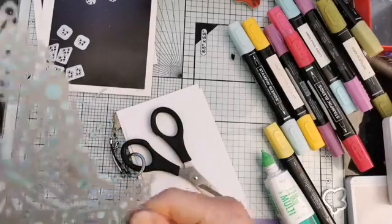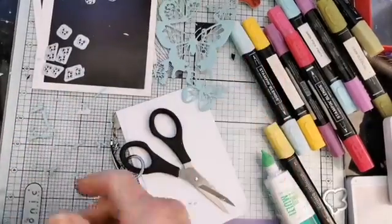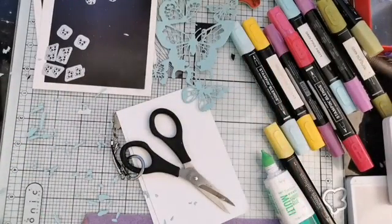Let's give that a tap, and that will ping that out, and I think that's pinged most of the bits out of it as well. See if there's any more that will need digging out of there in a little while. And then I'm just going to take a bit of Blushing Bride